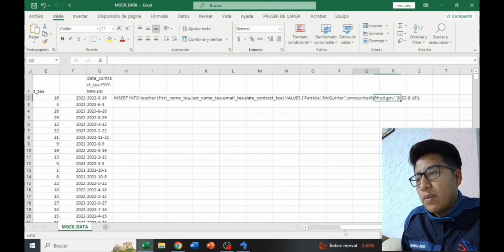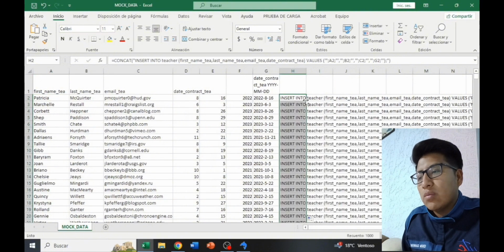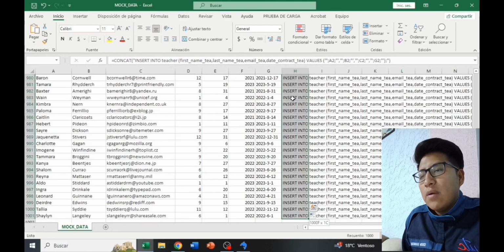Now to replicate this formula for the rest of the data, we place our cursor in the lower left part of the cell that contains our correct statement. And when the cross appears, we double click and automatically the insert instruction will begin to be generated according to the data of each row. Now to make the massive load of this data, what we will do is copy the